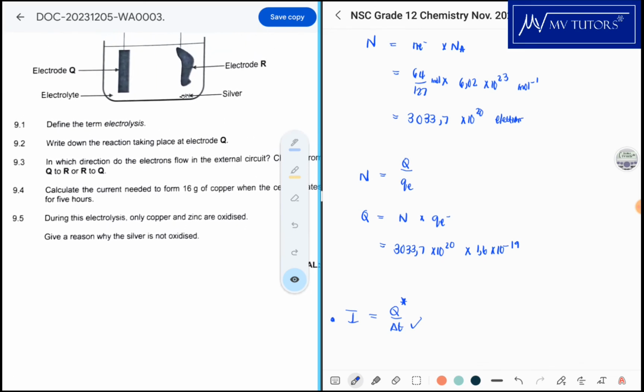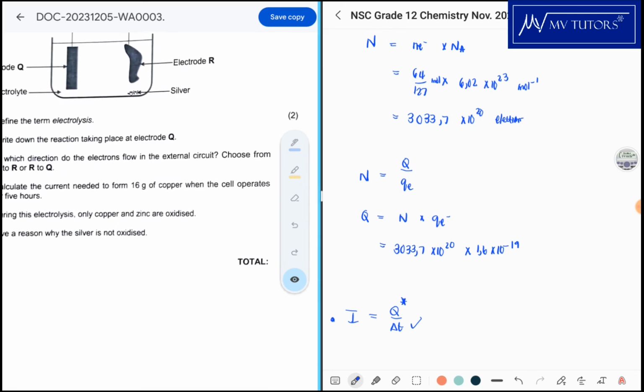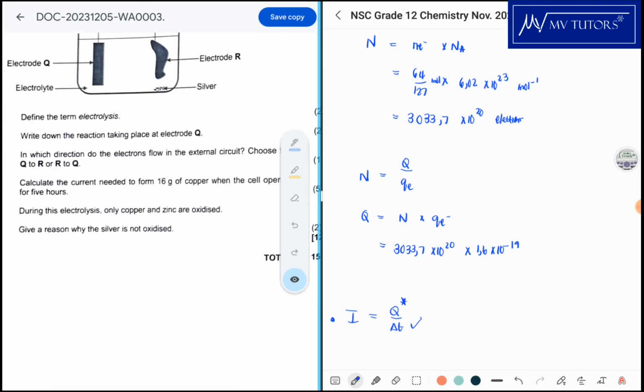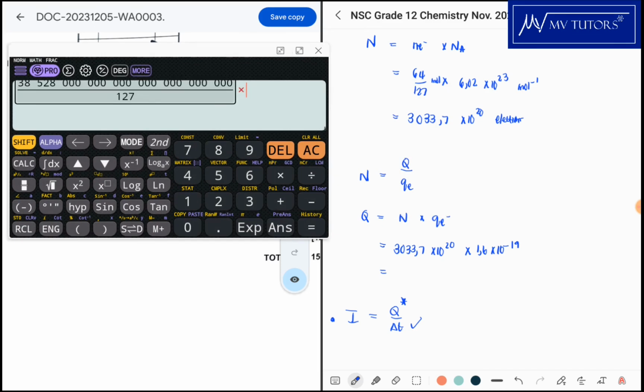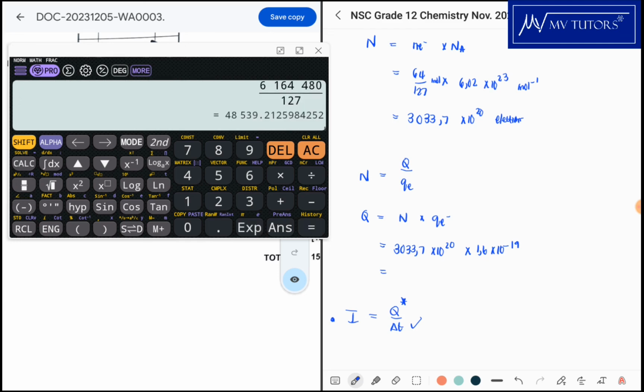Remember, calculate the current needed to form 16 grams of copper when the cell operates for 5 hours. So the charge we are eventually getting is that number multiplied by 1,6 times 10 to the negative 19, and we get an answer of 48,539,21